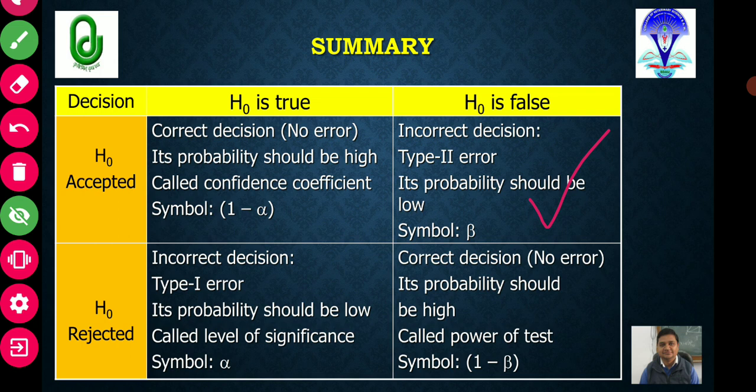Why? It is based on the legal principle that I have already discussed in the last class, that let all the criminals go free, but the innocent should not get punishment. So it is based on that principle only, that if a hypothesis is false, you have to reject it. Even if a true hypothesis is getting rejected, that is not that serious a mistake, but if a false hypothesis is getting accepted, that is a serious mistake. So with that note, I am completing the brief discussion on types of error.